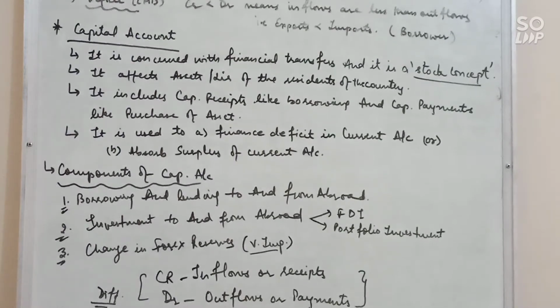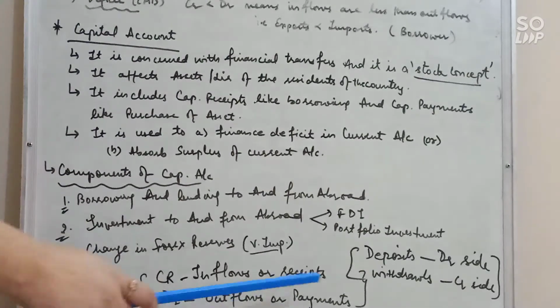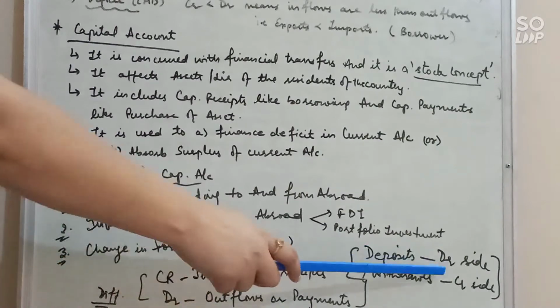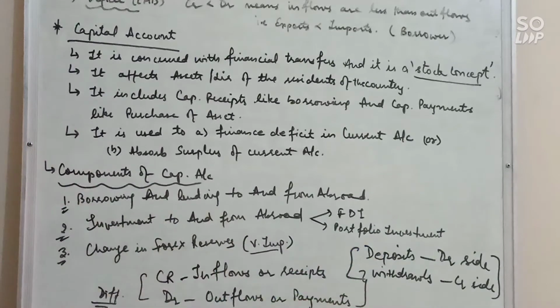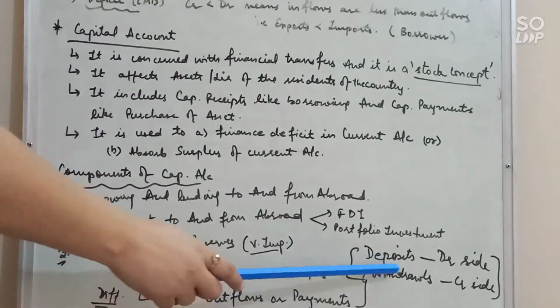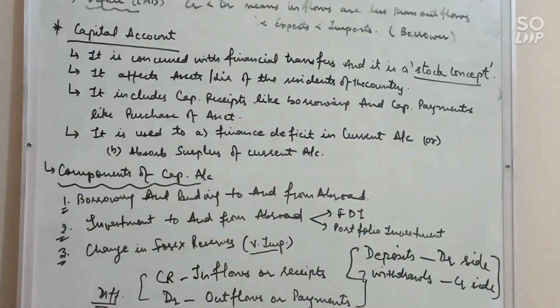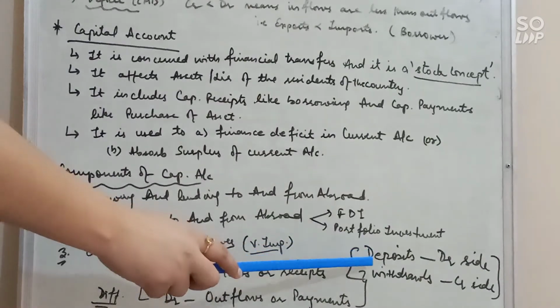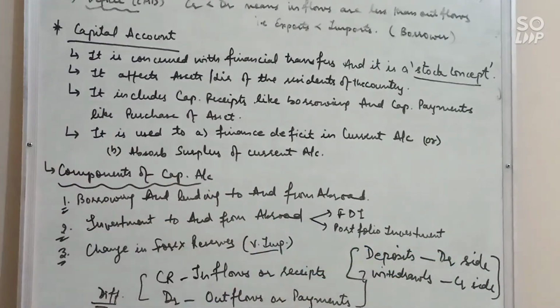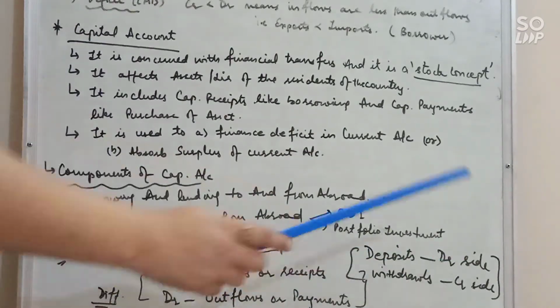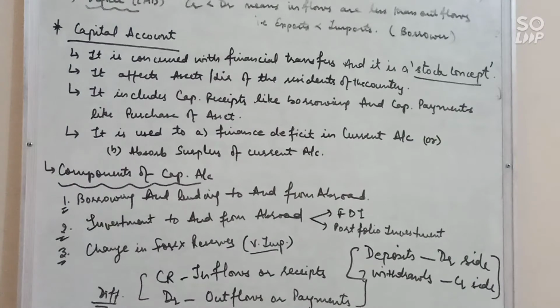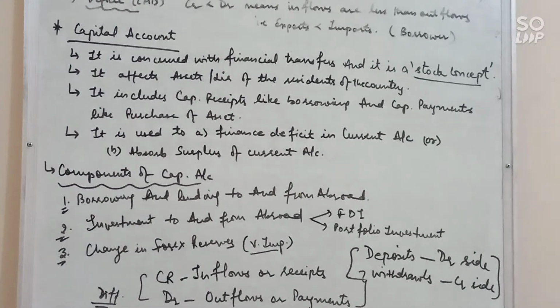But now the question is, on which side? There are two things, deposits and withdrawals. Any deposit to these reserves will be recorded on the debit side, that is the negative side, and any withdrawal from the reserve is recorded on the positive side, that is the credit side. Clear? So you can remember the initial: D for deposit, D for debit. In this way, deposits will be recorded on the debit side and withdrawals on the credit side. Done? It must be noted that the change in reserve is recorded in the BOP account, not the reserves.